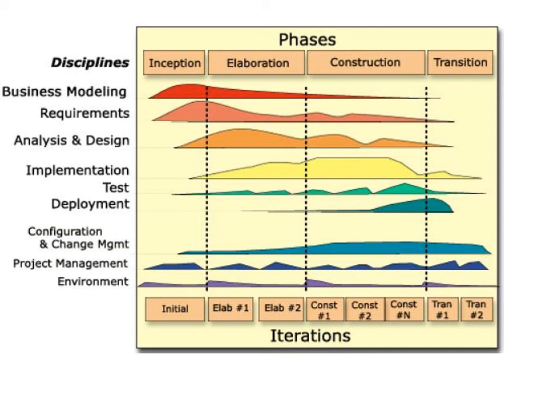The disciplines and phases of unified process are shown in this diagram, where the phases are columns and the disciplines are rows. It clearly shows that the relative effort across disciplines changes over time from iteration to iteration. Initially, the iterations apply greater relative effort on requirements and design, while the later ones focus more on testing and deployment. So this diagram shows the efforts in different phases with respect to the disciplines.